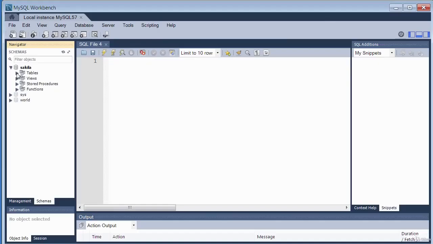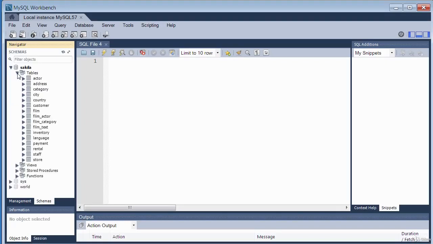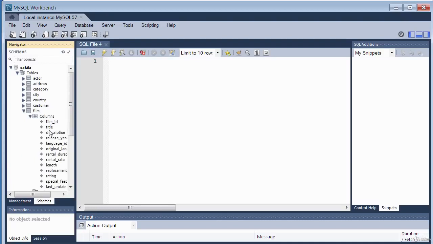Let's have a look at an example of how the limit clause works. I've already got my SQL workbench open and this is my query window. The database I'm using is Sakila, which is a sample database, and I'm also using the Sakila schema. So the table I want to use to illustrate is the film table, this table here, and it consists of